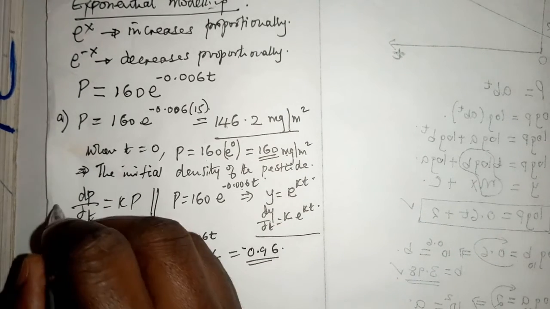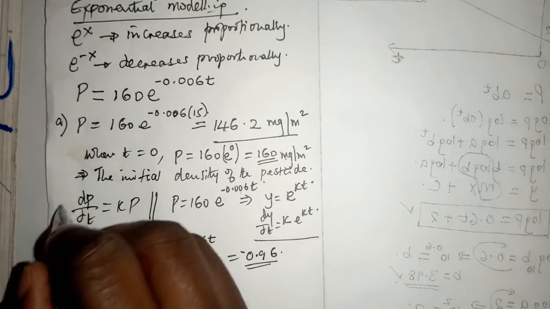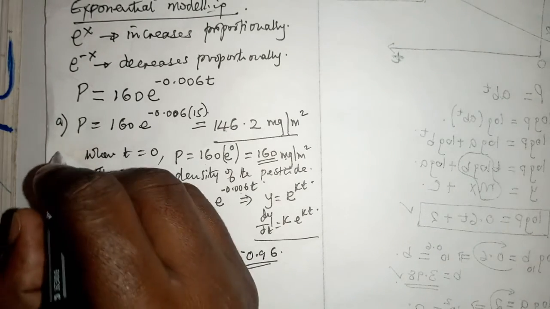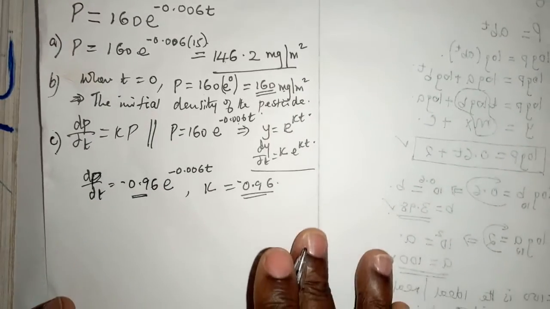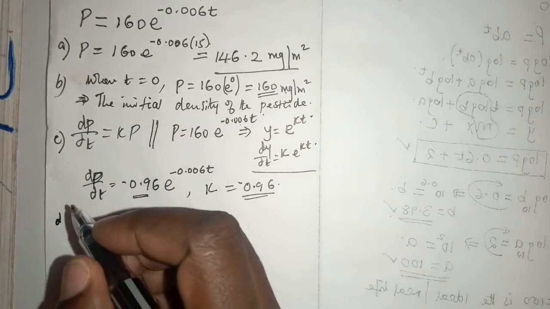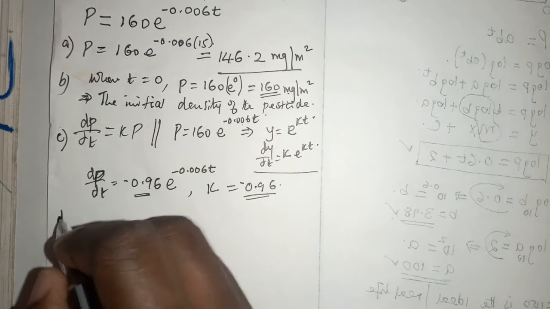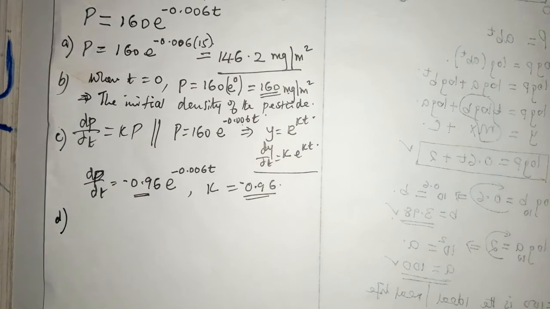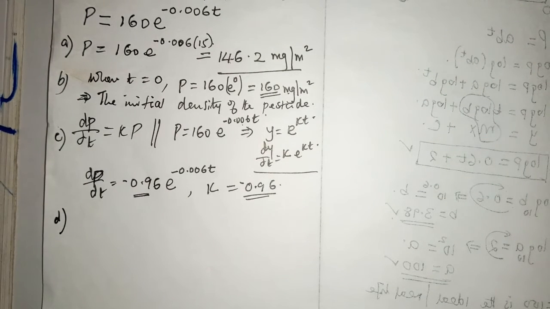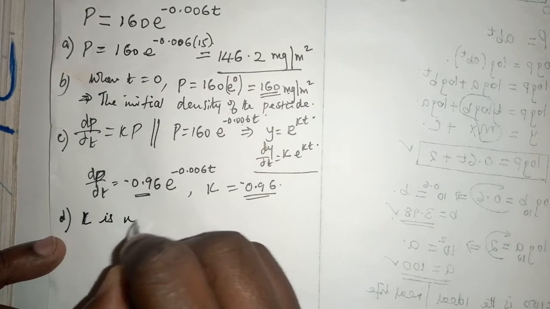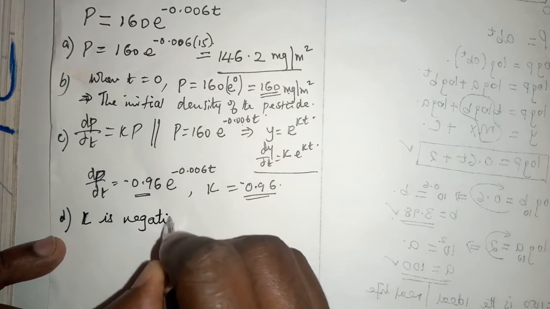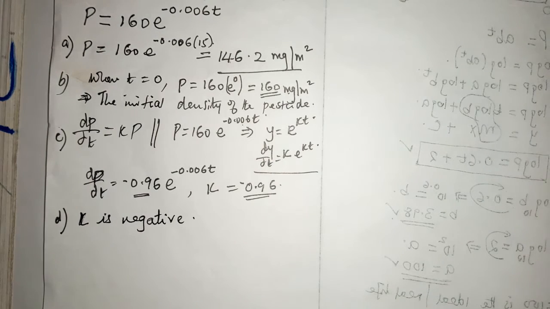That is now part C. This was part B. This is now part C, and now we are going to explain part D. Part D is talking about interpret the significance of the sign of your answer to part C. Now that our k is negative,